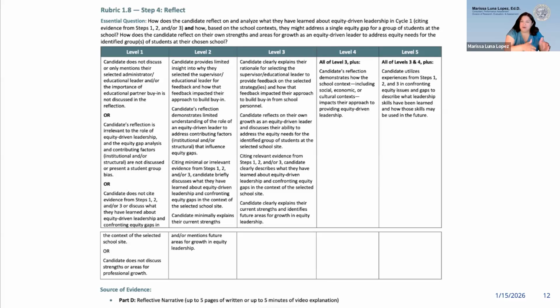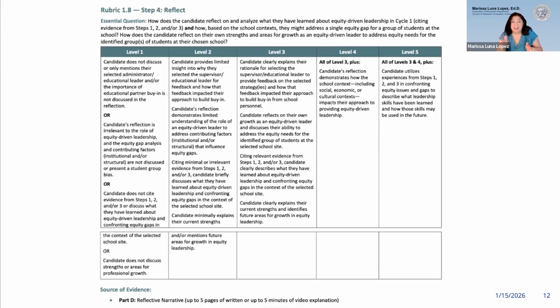A level three, that's a strike. A level two, it's a ball, and a level one, it's just me throwing the ball straight down, so that's terrible. But a level four is above, because a level three meets the expectation, a level four is above the expectation, and a level five is above and beyond the expectation. So if we meet everything for a three, we've met the CAPE. If we are on a level four, we're above.